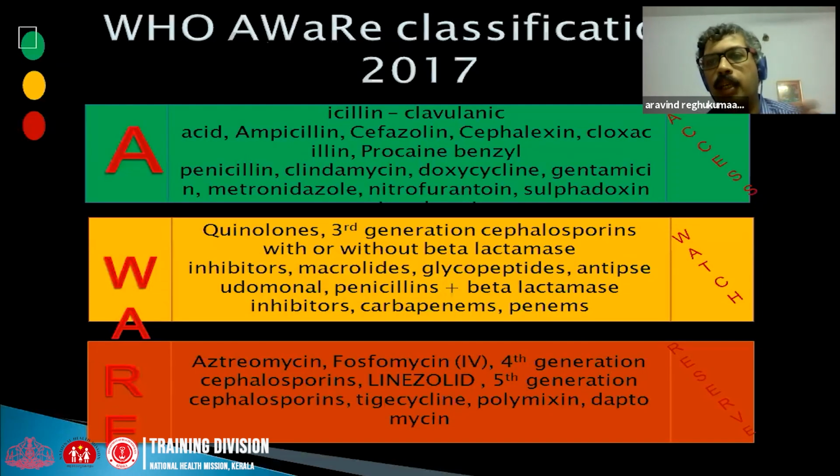So basically, everyone should be aware of this categorization. What are the drugs which come under the Access category? That is the penicillins, amoxicillin, clavulanic acid, ampicillin. Doxycycline, cotrimoxazole, nitrofurantoin will come under this, metronidazole, clindamycin, etc. So whenever we are choosing an antibiotic, if the patient requires an antibiotic, we need to choose it from